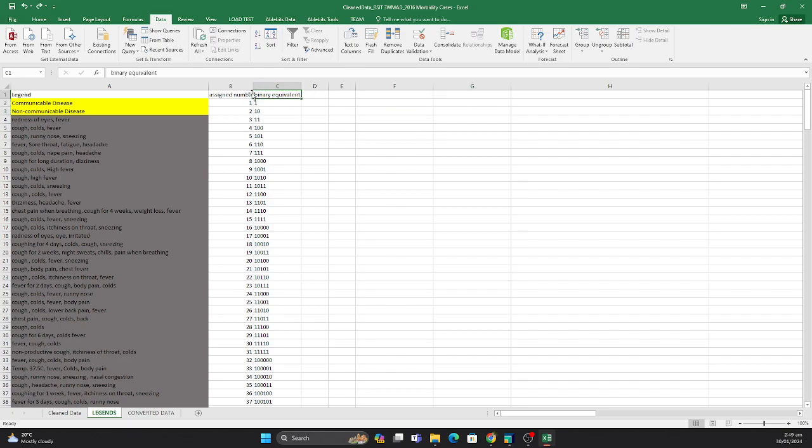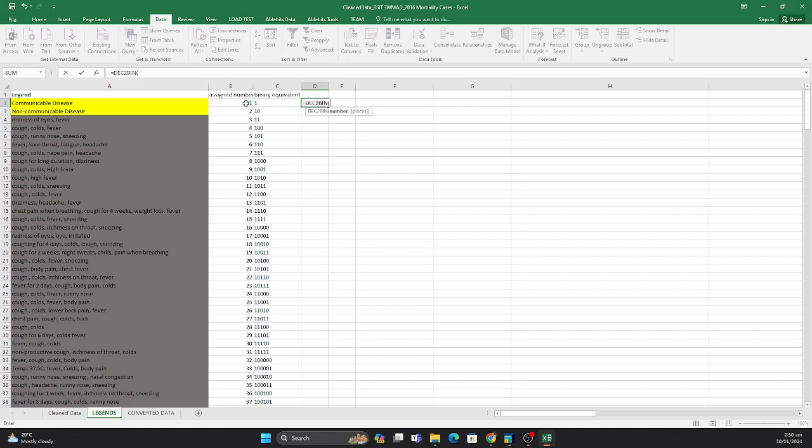Next up is assigning their binary equivalent. All I did here was use the function equals decimal to bin.